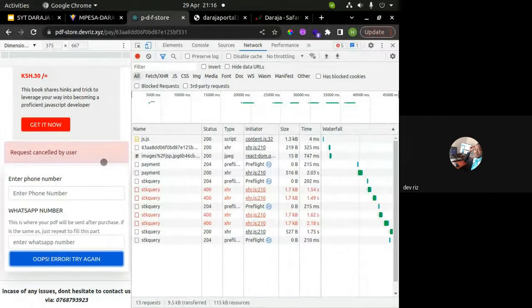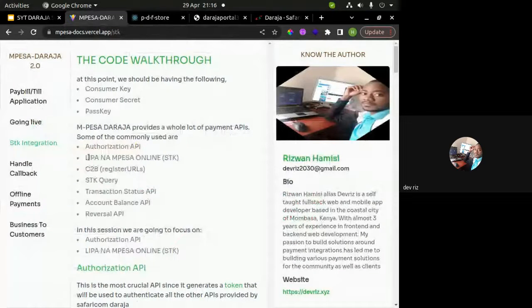So these are two different APIs that are provided by Safaricom. The first one is this Lipa na M-PESA. So this one sends the push. After the push has been sent, this one now checks for the status. So you have to find a logic. In your backend, just write the two separate endpoints. Now on your front end, the logic will be